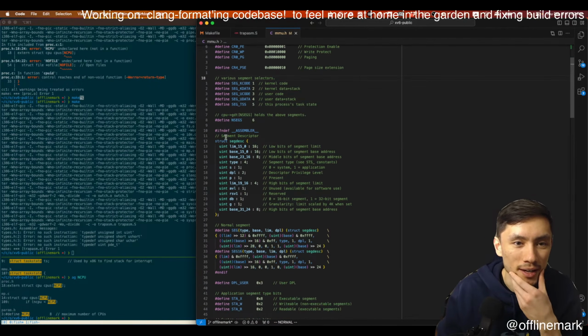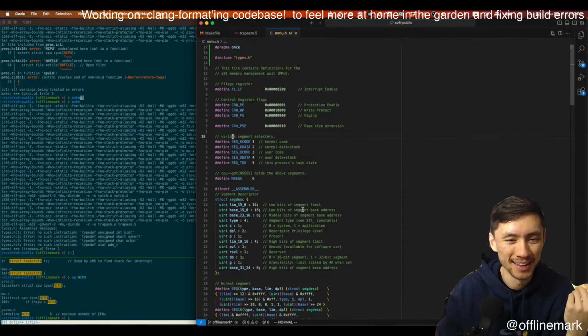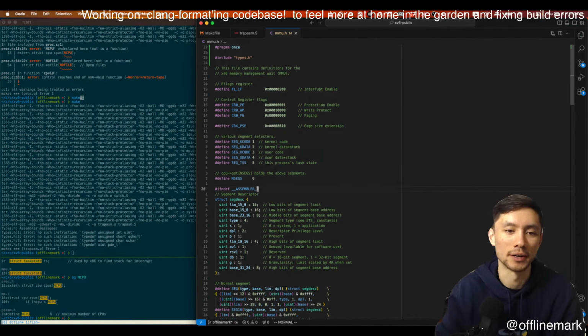Oh, wait, what the hell? If not def assembler, that's what we need. Because C code should not be in an assembly file, but apparently defines are good. So here's what we need. So, okay, this is good.